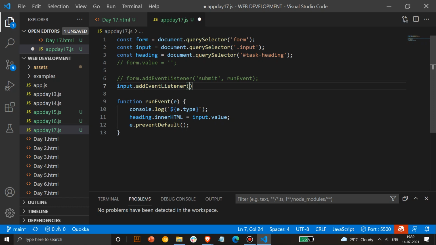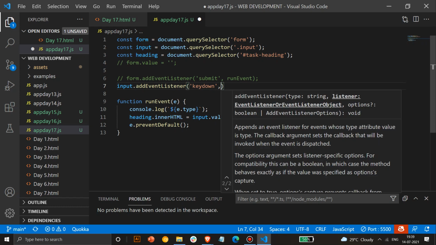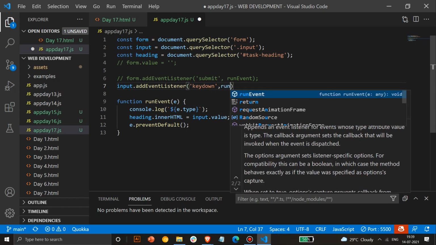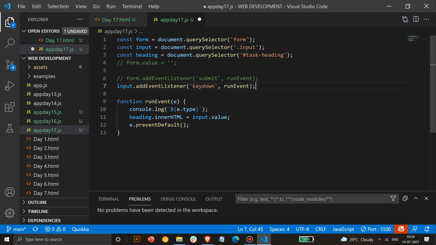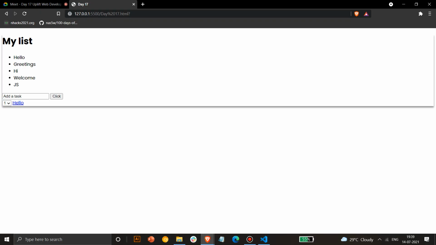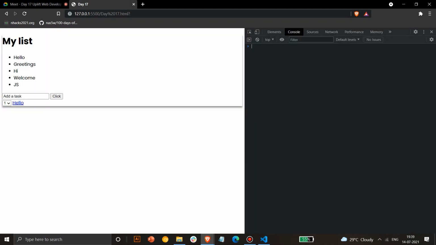Then we'll see key down first. Key down, key up. So what happens with key down now? I'll inspect this, and you see the console.